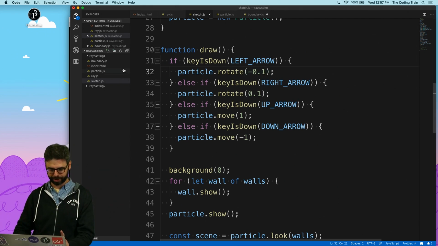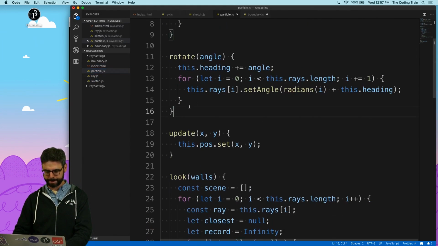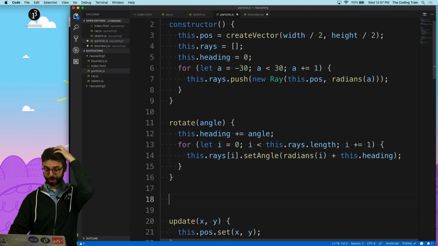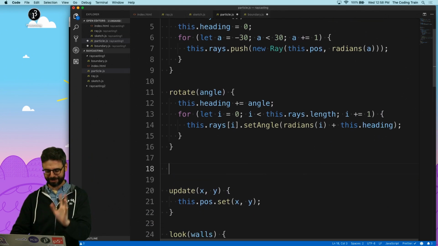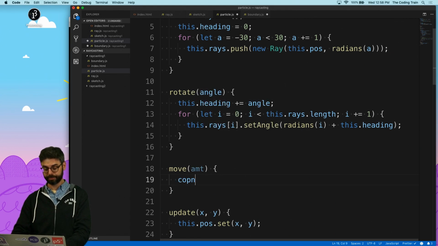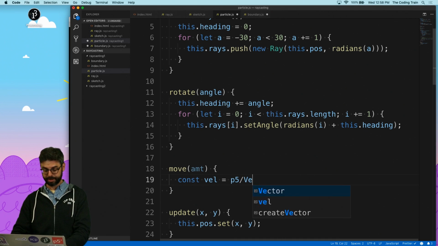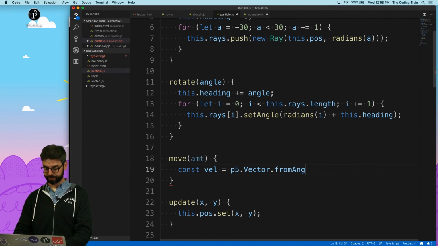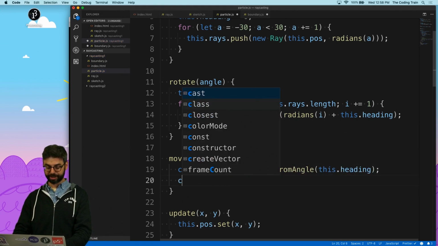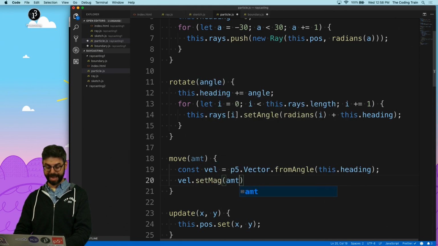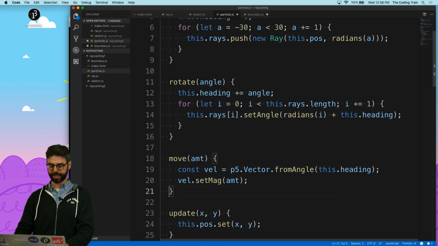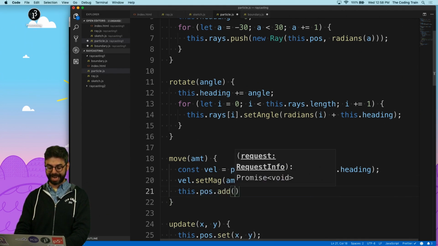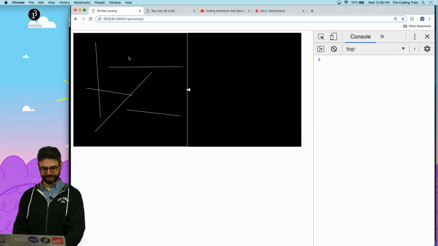Okay, so now I need a move function in the particle. The heading should also really be a vector, but that's fine. It's an angle. It's fine. The move function, which is getting moved by some amount, I need a vector. Really, it's a velocity that's pointed in the direction of the heading. And that vector's magnitude should be the amount that I'm moving, which is just 1, so this is redundant. And then I should add that vector to the position. So now at least if I refresh,